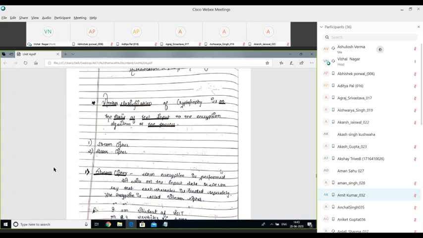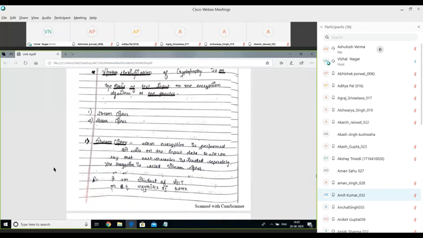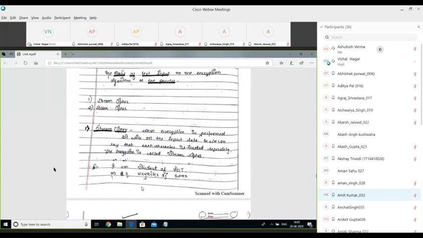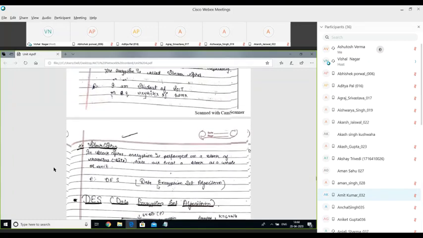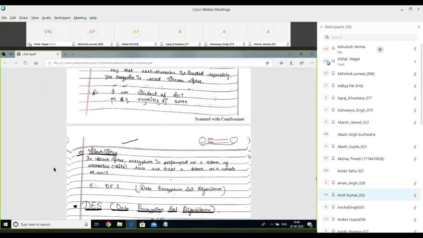Stream cipher is a method in which the characters of the plain text are handled separately. Let's say if I am a student, each character will be handled separately. I mean we will deal with each character separately. In this case, the organization of the cipher text is similar to the plain text.